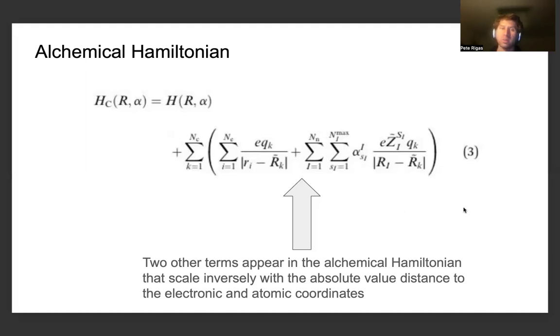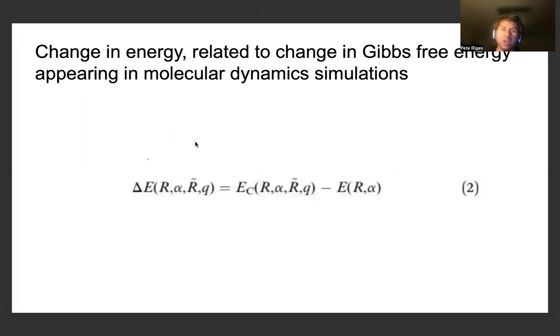And the change in energy, which is related to the change in the Gibbs free energy, appears in many molecular dynamics simulations, and a similar type of quantity appears in the alchemical Hamiltonian from the fact that there's a delta E factor, which is given as a function of the parameter of the atomic coordinates, which we had distinguished from the electronic coordinates in previous terms of the Hamiltonian that the authors described, which is defined as a difference of two energies, which is very much relating to the change in the Gibbs energy,